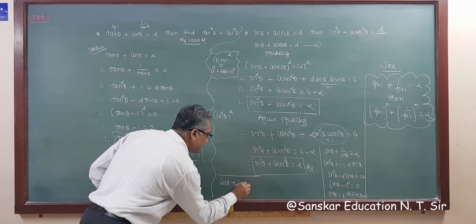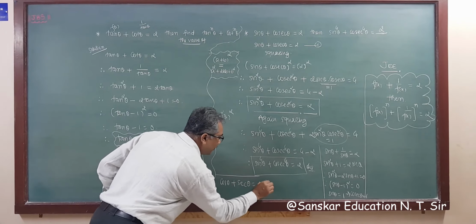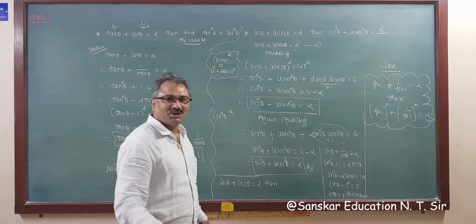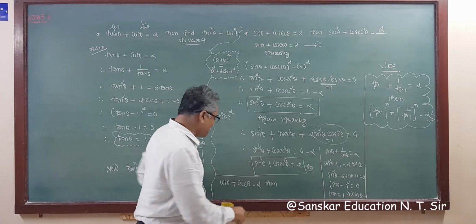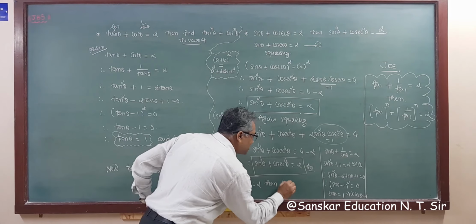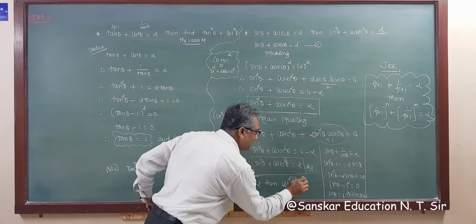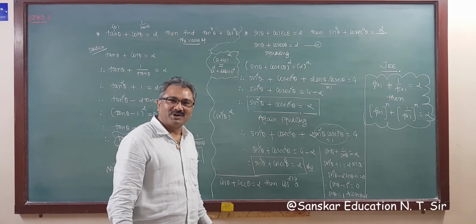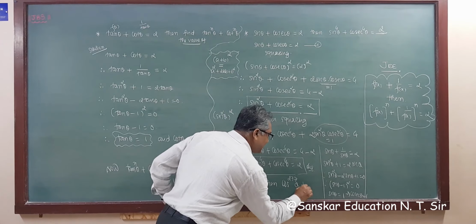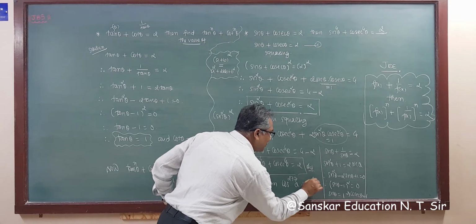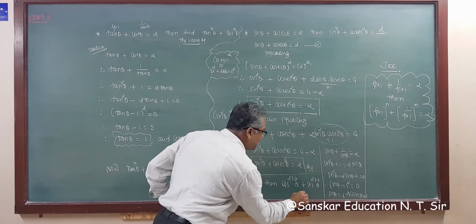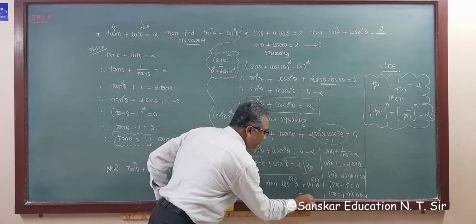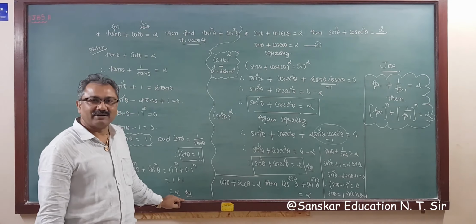So if sec theta plus cos theta is equal to 2, then today is 27th July, right? So today is 27th July. So cos raised to 27 theta, 27 July. So cos raised to 277 theta plus sin raised to 277 theta is equal to, the answer is 1. What is the answer? The answer is 1. Got it?